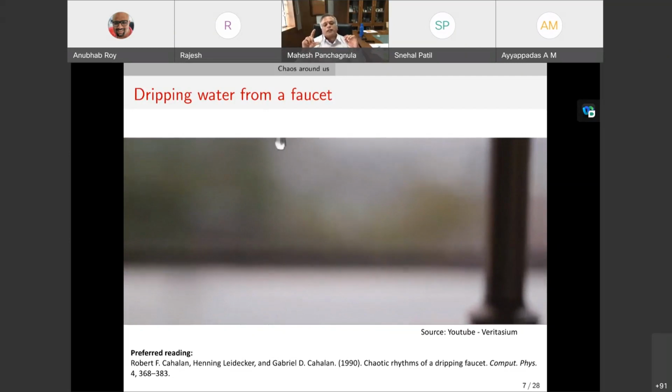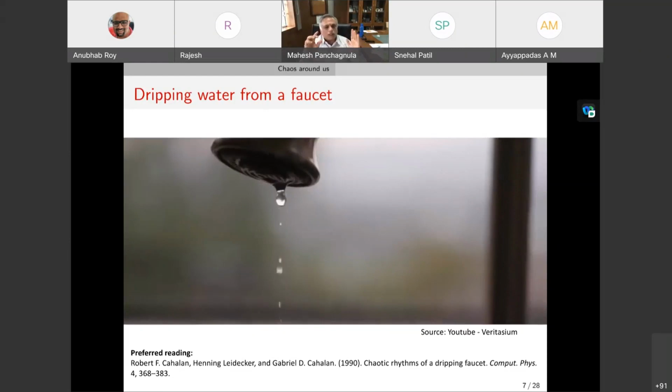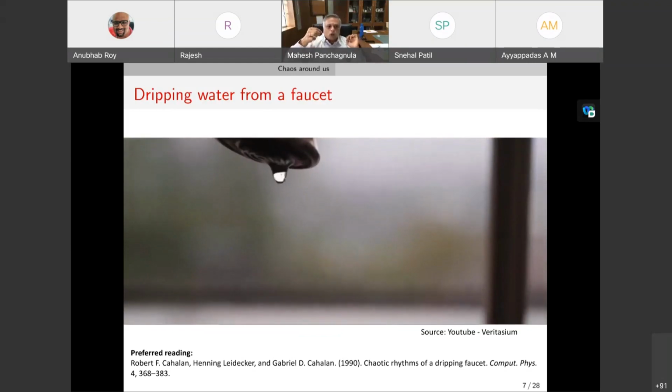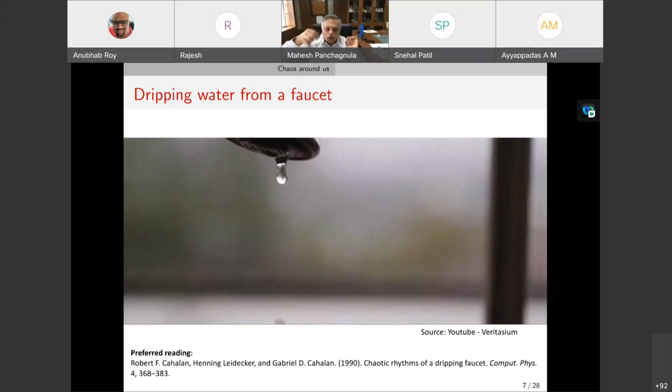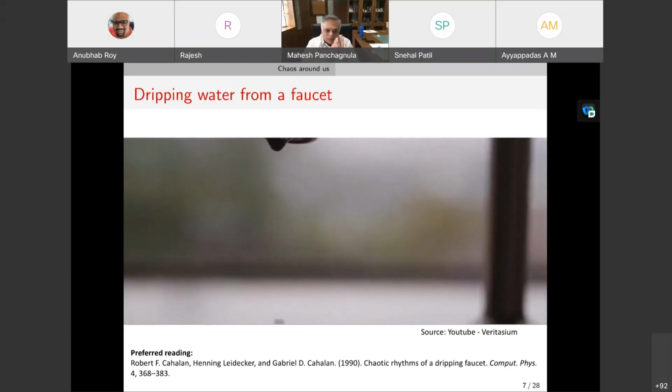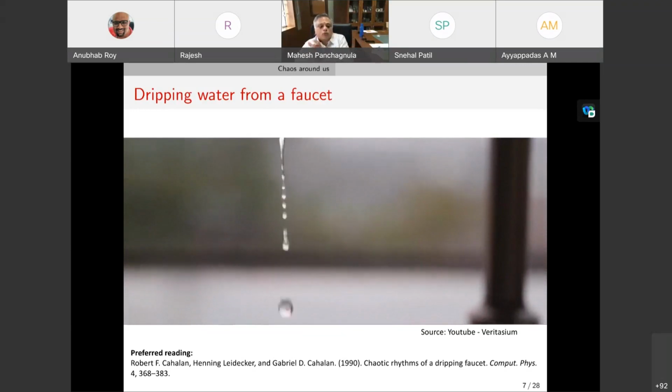First thing that will happen is that the time period between drips would decrease. So that's the first observation you will see. Then as you move forward, you will see a drop followed by a small drop. It would go drip, drip, drip, drip, drip, drip, drip, drip. So there's a pattern still, but that pattern repeats in twos.